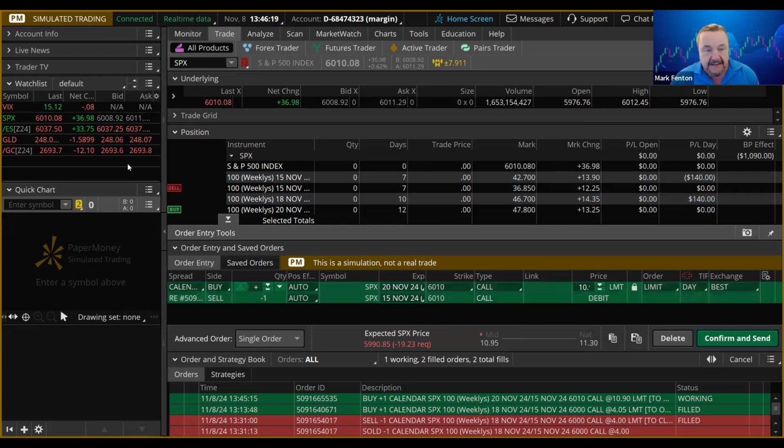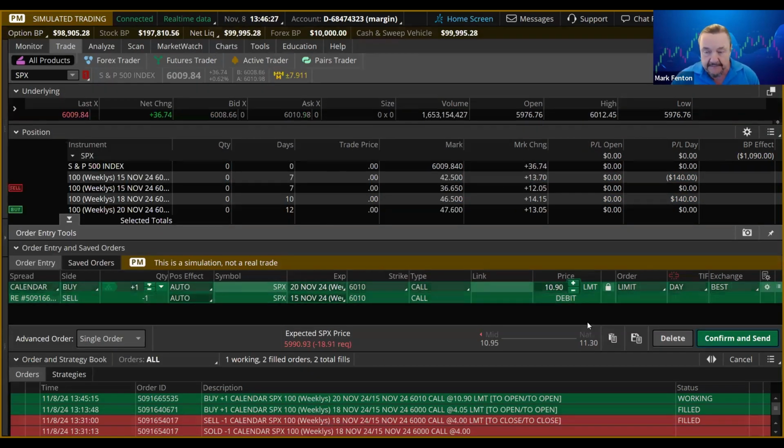what you want. Now, sometimes depending on how wide you have this set up over here where your other half of your screen is, you may have to hit this button so you can see the full pricing. That's fine. So I said, okay, I'll pay 11. Let's tick it up to 11. Now, all the while I'm doing this, it's still out there to be sold at or bought at 1090 where I had the order. So it could get filled while you're doing this. Who knows? But if you're willing to pay more, you can put 11 in here, then hit confirm and send